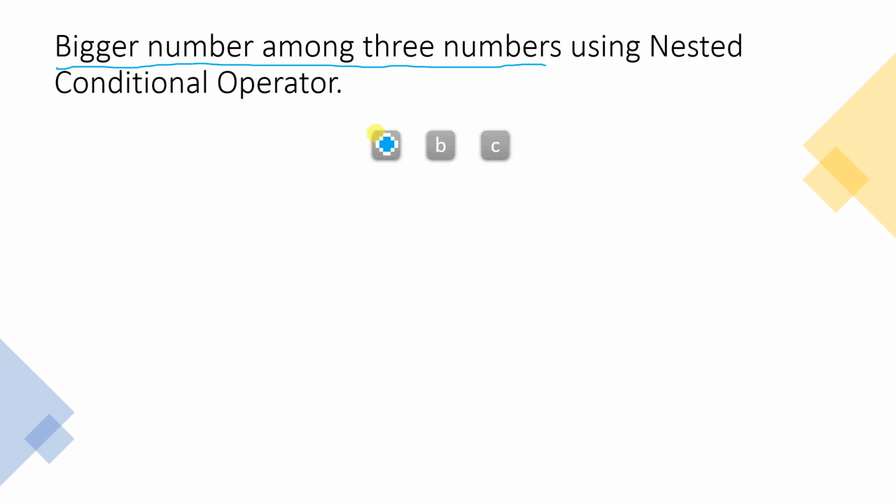So let's say you are given 3 numbers, A, B and C. Whatever the values may be, we have to read them algorithmically. Whenever you get 3 numbers A, B, C, you don't know which one is the bigger number. So you will first compare A with B. That means you will ask whether A is greater than B. There will be two outcomes: either yes, A is greater than B, or no, A is not greater than B. Let us first consider the yes part. If A is actually greater than B, then we have to check whether A is greater than C or not.